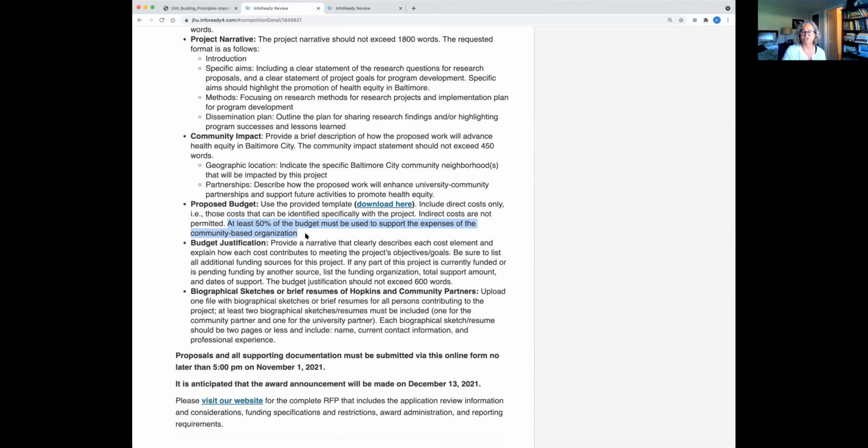And the budget justification is really another opportunity to allow your story of what you're going to do and how you're going to spend your funds. It gives you another opportunity to tell the story of what you're going to do in your grants. And I think there's a 600-word limit on the budget justification. And we do provide, you can see where Kelly was pointing before, a downloadable template for